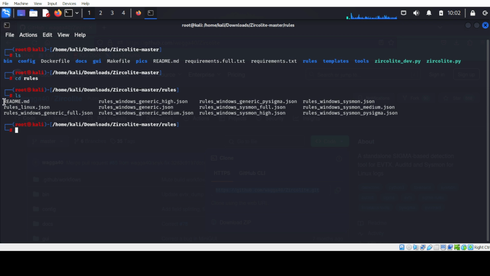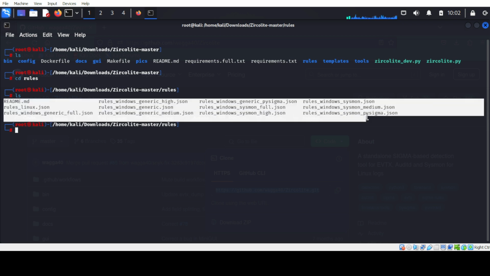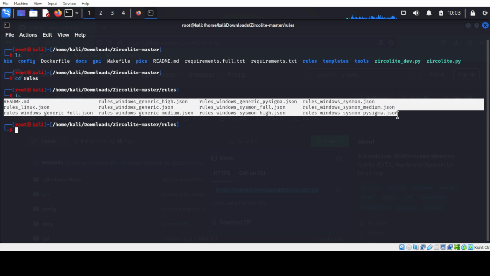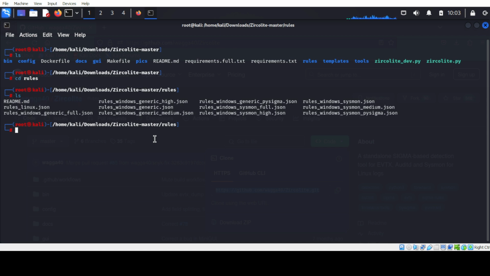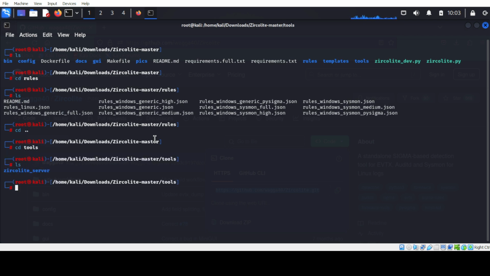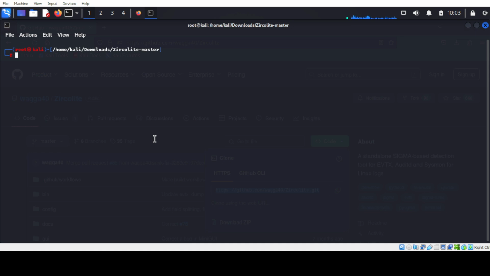This tool uses all these rules in order to perform analysis on events. Now I'm going to move back. If I move to some other directory of this tool, here the server is present that is required to run this tool. For now, we are done with the installation of the tool.